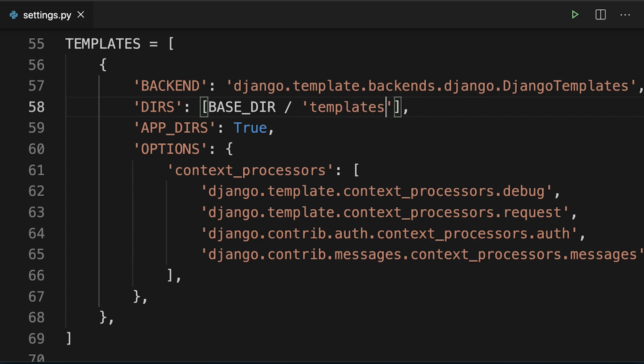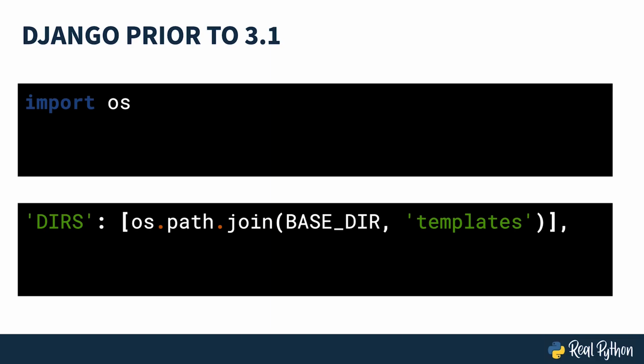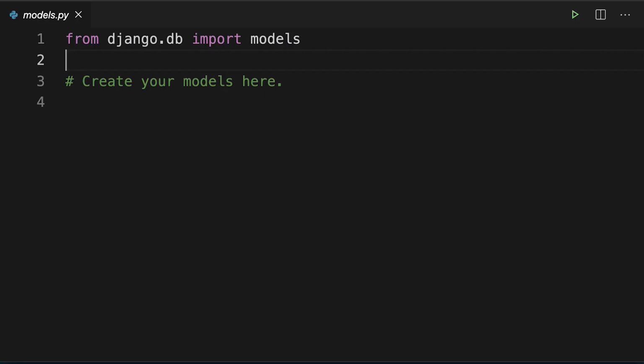Note that this code is an area which is specific to Django 3.1 and later, as it moved to using pathlib rather than the OS library. If you're following along using an earlier version of Django, then you'll need to modify your code to suit the syntax that the OS library uses. The sample site you'll be working with is a basic blogging application. The core app needs a models.py file to contain the models that store the blog content in the database. Edit core models.py and add the following: